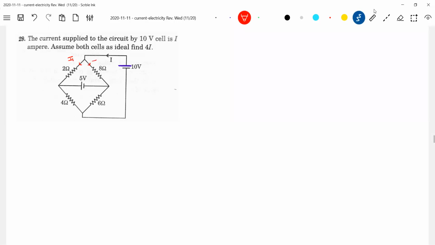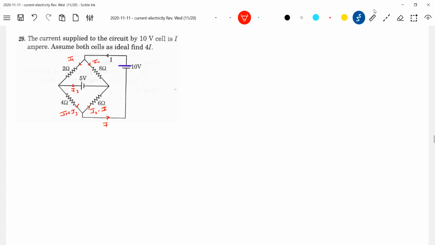You are trying to trace out the current. I2. Then how much current in this branch? It was I, it should be I only. Then what about this current? This current will be I3. Here, I1 plus I3. Then this should be I2 minus I3. Is it necessary to go for those branch currents? What do you say?